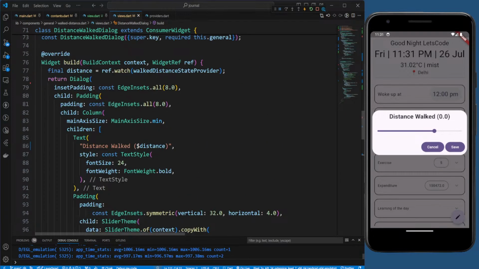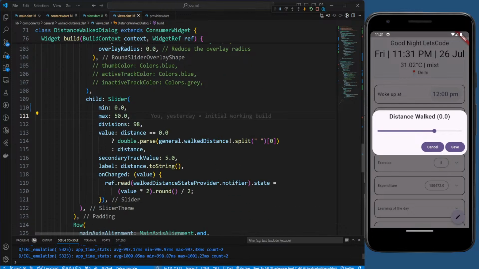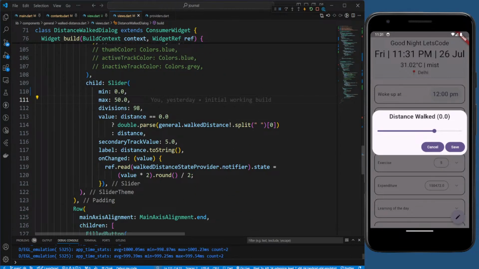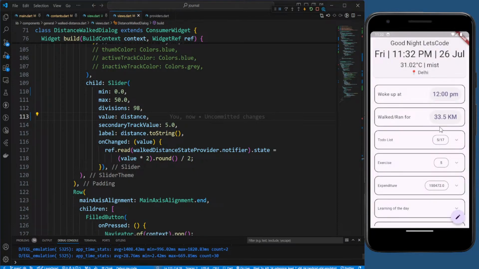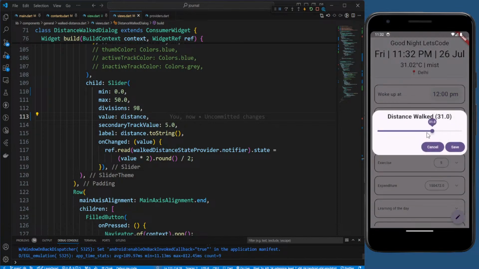Somewhere the 0 is interfering with us. Nope, we'll directly put this. We don't want to check for 0 as of now. Let's see. So cancel this, 33.5 and